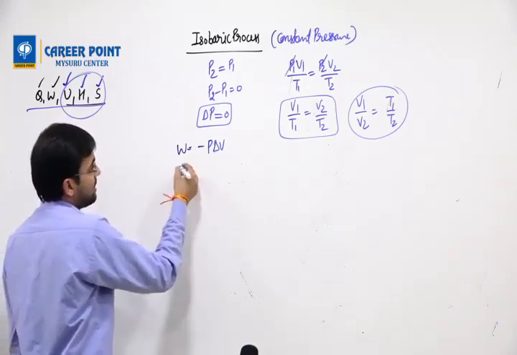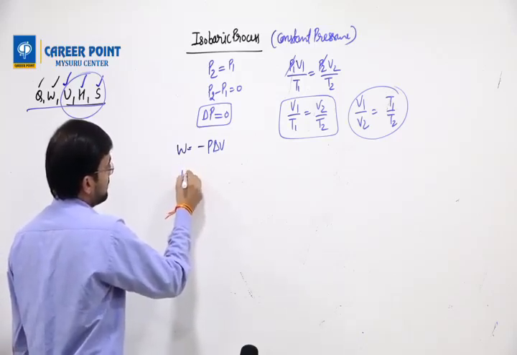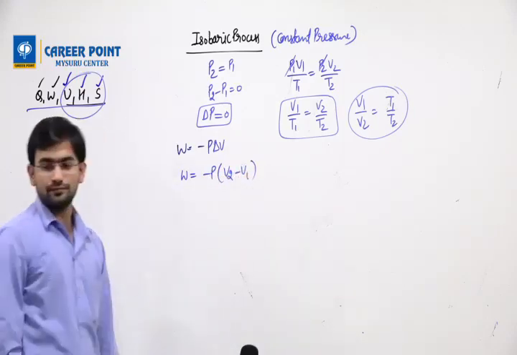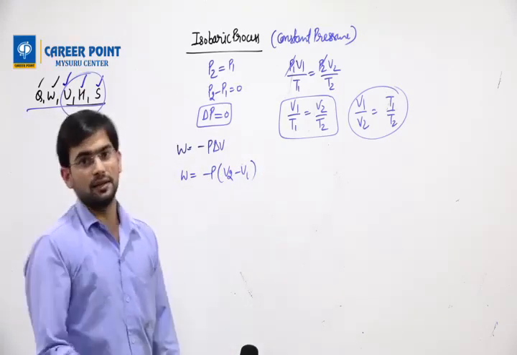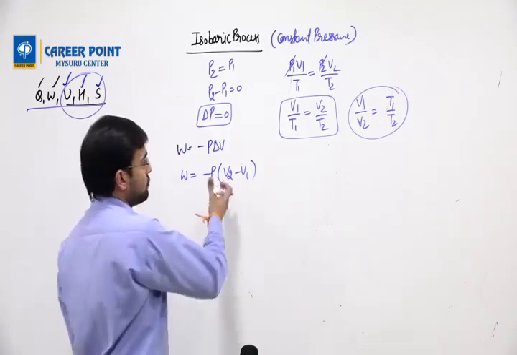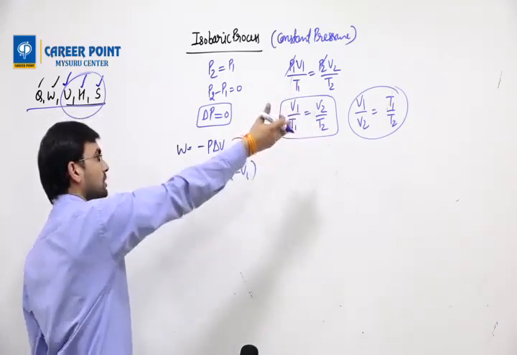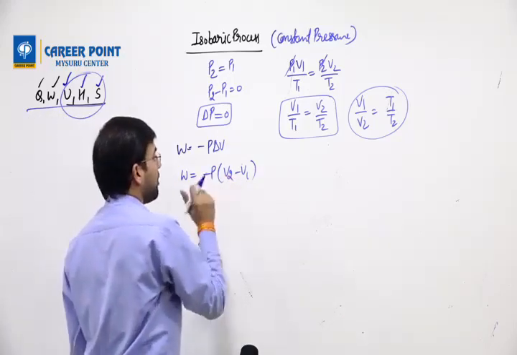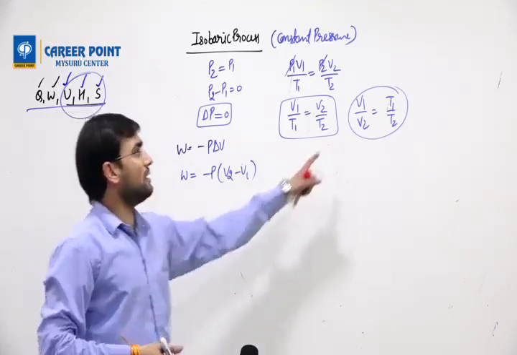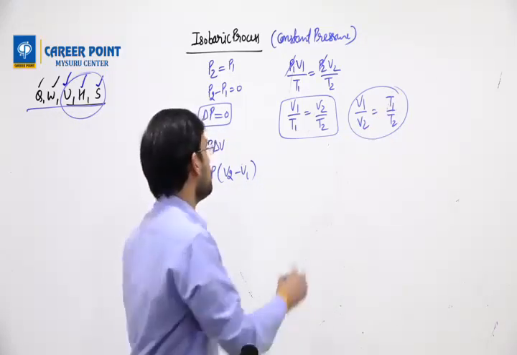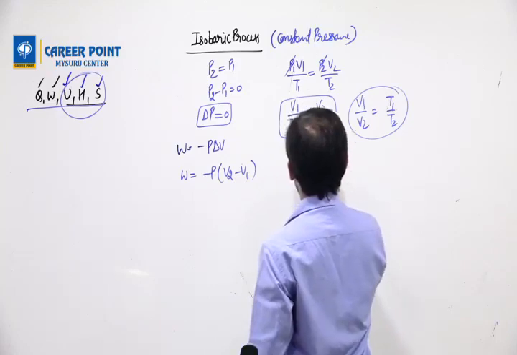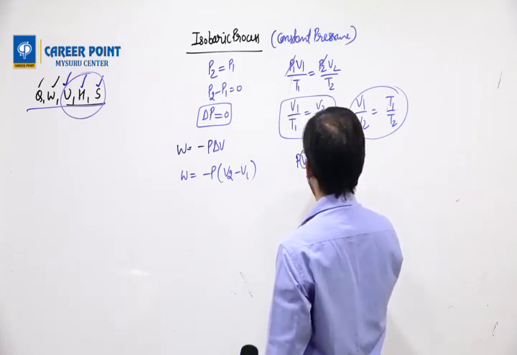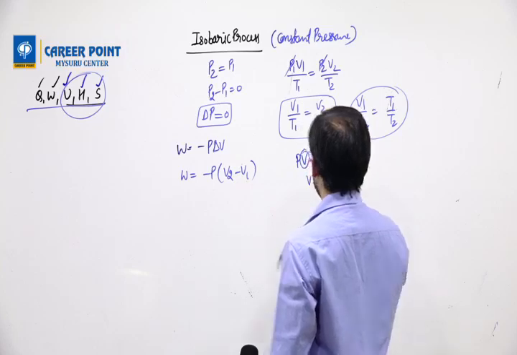Then, in the case of here, W equals to minus P, V2 minus V1. 2 volumes are given, job is done. If 2 volumes are given, you get the volume from there, put it here, you will have your answer. If the volumes are not given, what could be given is temperature. So then you can replace this V by PV equals to nRT.